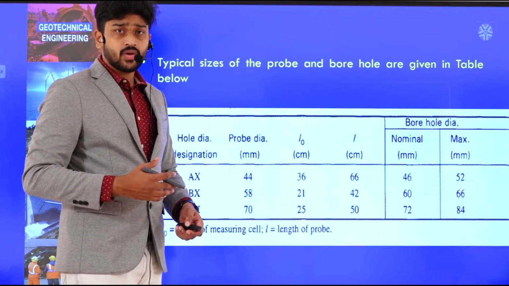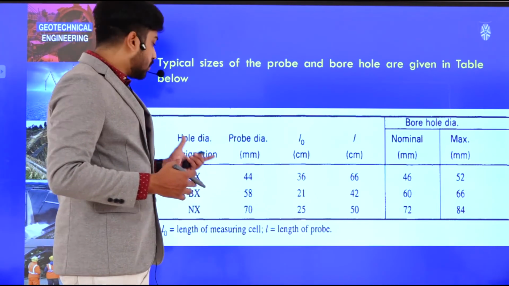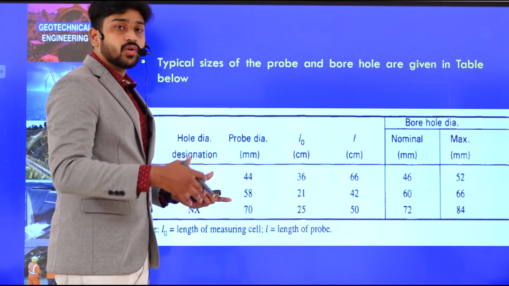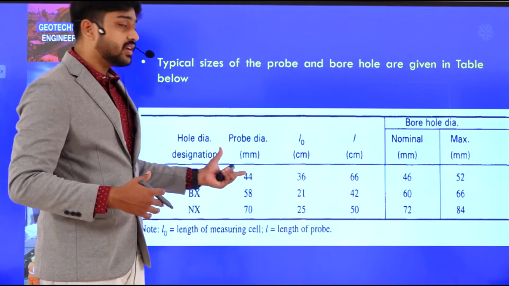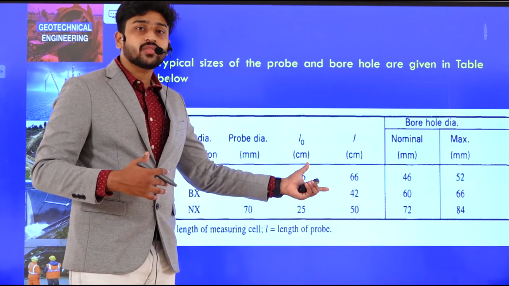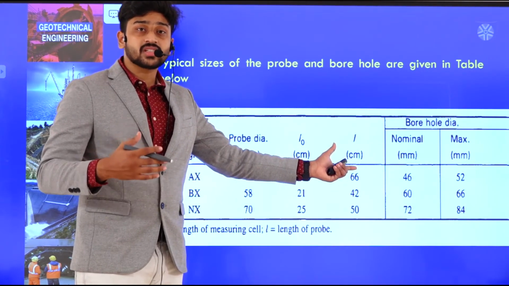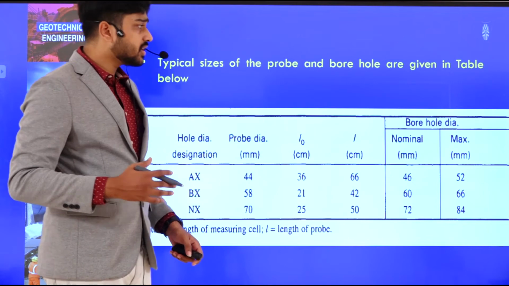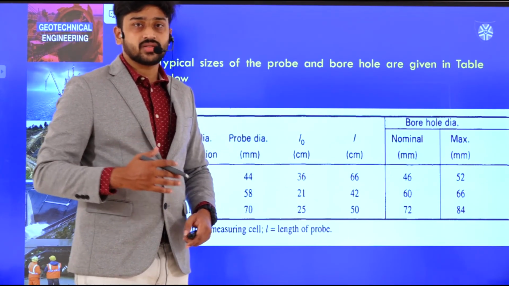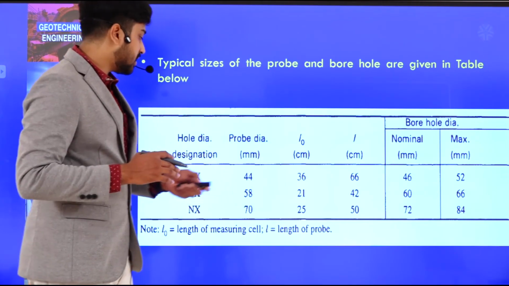L. There are certain standards given here, so we need to denote that particular hole with a certain denotation. Wherever you're digging the hole, you need to give a certain denotation, and then make sure that at least these probe diameters, as well as the length of the measuring cell, and the length of the guard cells along with the measuring cell, are satisfied. Clear? This depends upon the borehole diameter in a nominal case, so the minimum and maximum range is given here. Clear? These are the standards that are given.